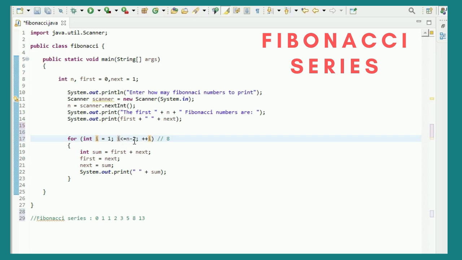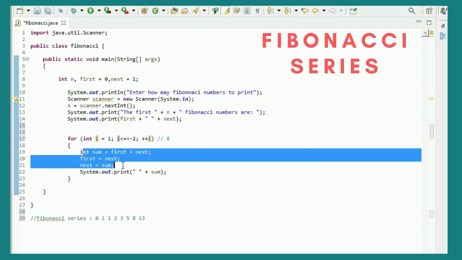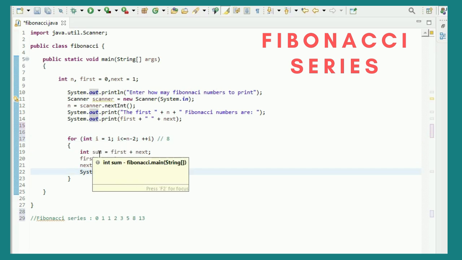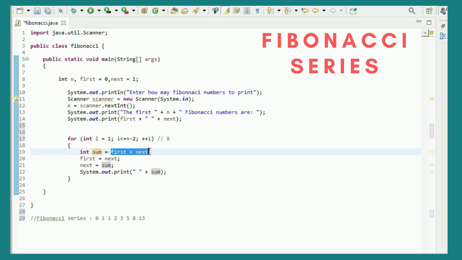Since i is less than 6, it will go inside this loop and it will set the sum variable to 0. First is 0, next is 1, so it will set sum to 1, and first will be next and next will be sum, so it will basically swap the two variables.